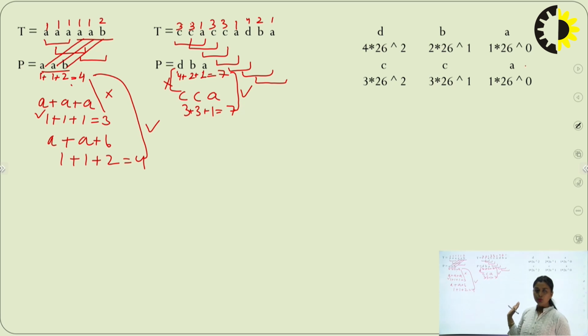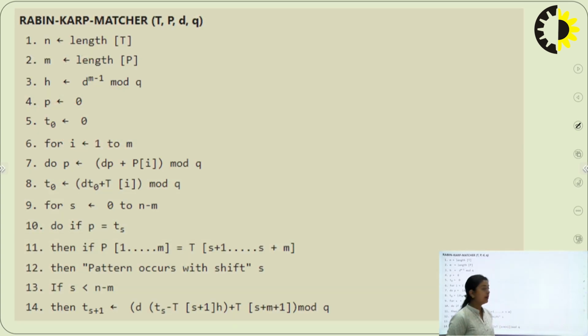There is no spurious hit, but the time taken and the complexity is very high for this pattern. Then what is the alternative? What is the current, or advanced, approach in this particular algorithm? The algorithm is Rabin-Karp, and again as I discussed, N is the length of the text, and M is the length of the pattern.